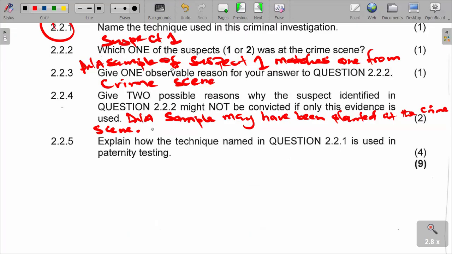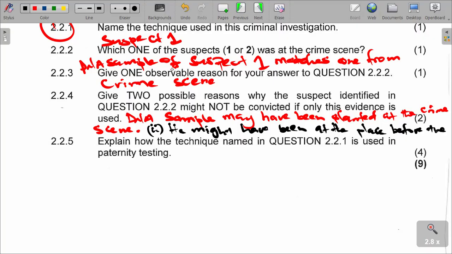So we can also maybe say that he might have been at the place before the crime. Before the crime happened, it might happen that the person was there at the place, but he is not the one who committed the crime. So we can say that might have happened, that the person was at the crime scene before the thing,